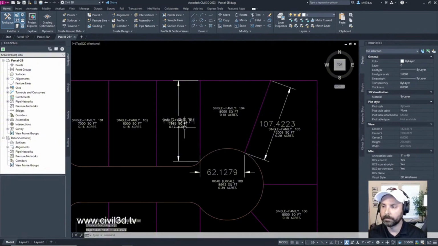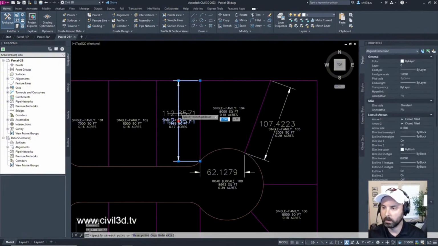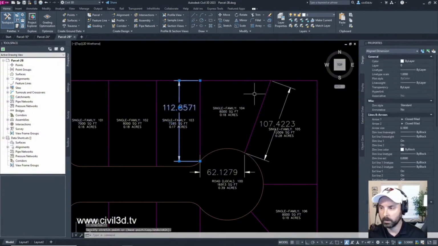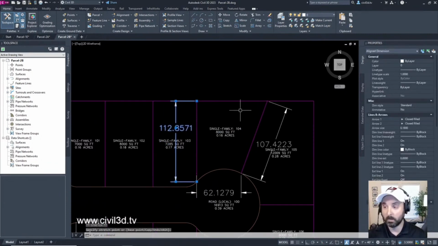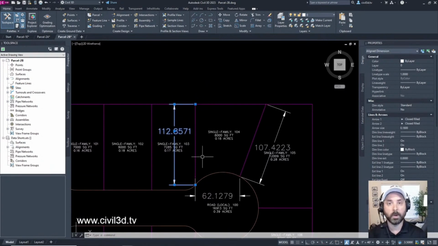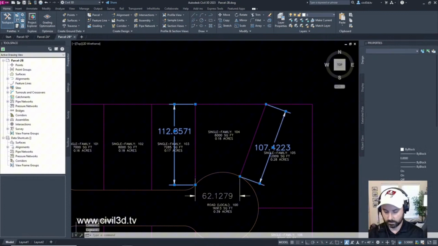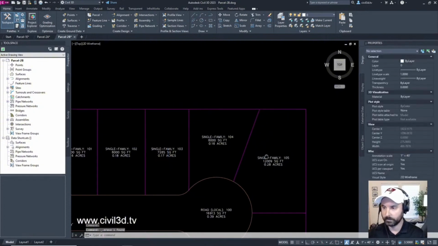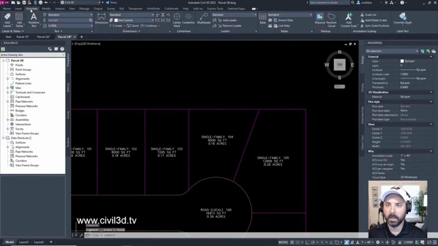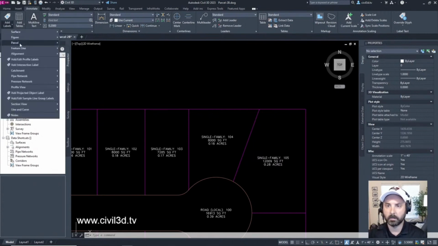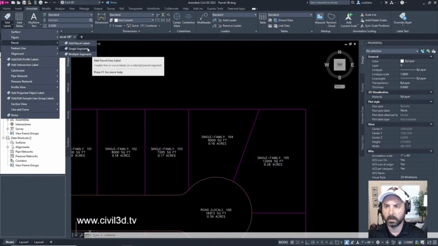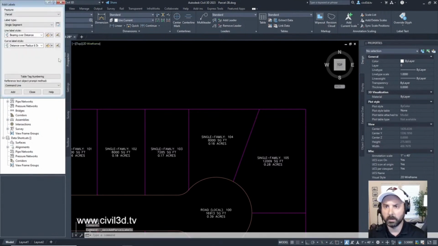You know, I could always throw some labels onto my parcel lot lines rather than dimensioning it this way. I don't know if you remember how to do that from previous exercises, but we delete all of this. I'm going to go up to annotate, click the add labels drop down, parcel. Add parcel labels.